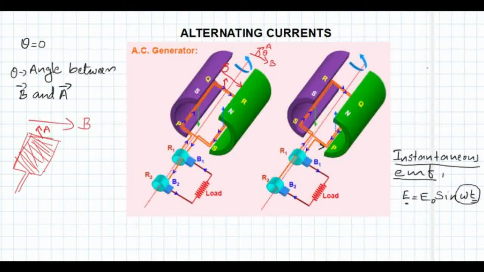So we may draw it like this. This is the area of the coil, and the area vector is drawn perpendicular to the plane of the coil. So here A is perpendicular to the plane of the coil, and here B is perpendicular to A, right? And when we turn the coil through 90 degree, now you can see what? Now the area vector will be parallel to